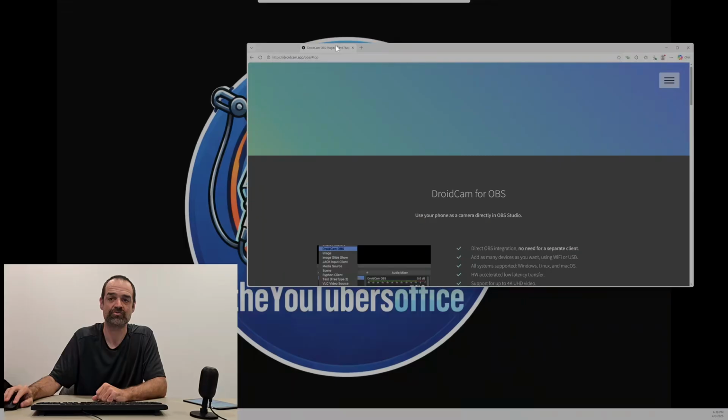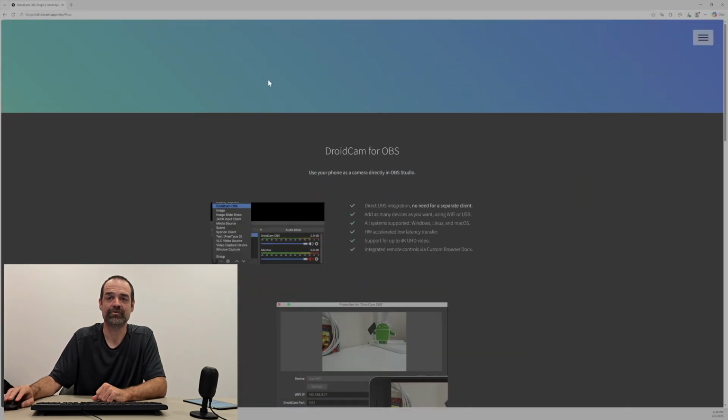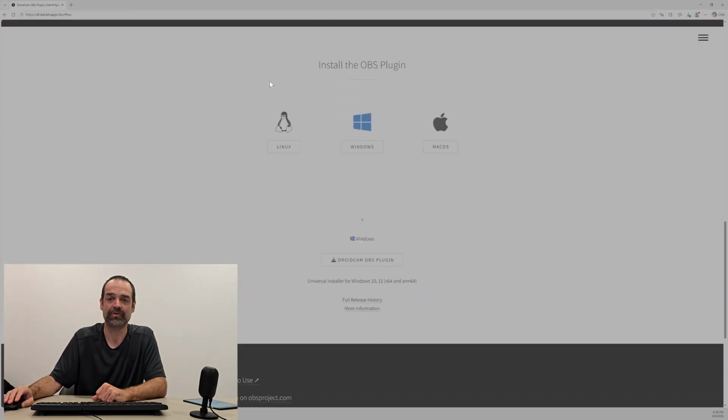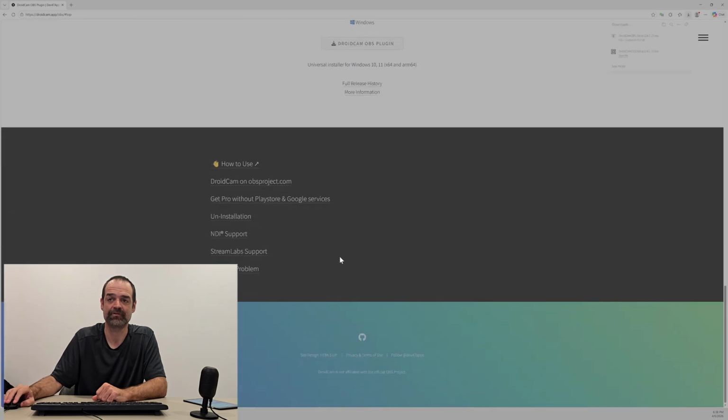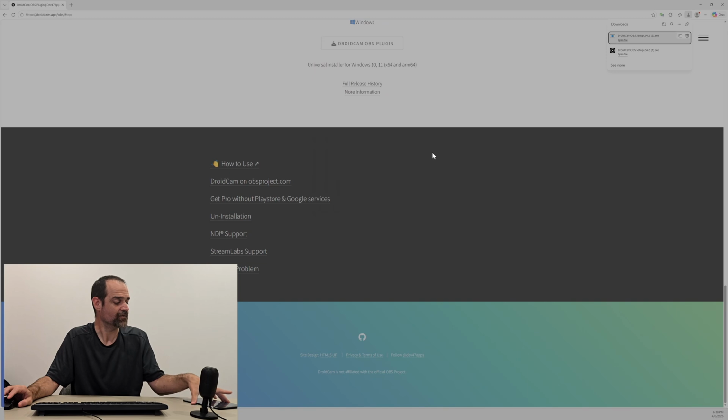computer. We're going to have to download the DroidCam OBS app. So you just go down here and scroll all the way down to the bottom and click on this link and download that. Launch the installer here and then go through that. And once that's done,